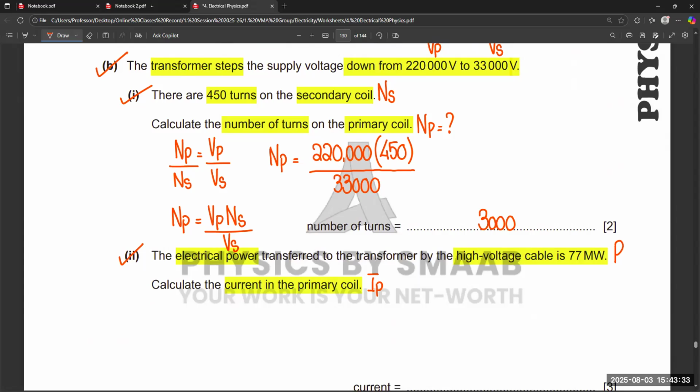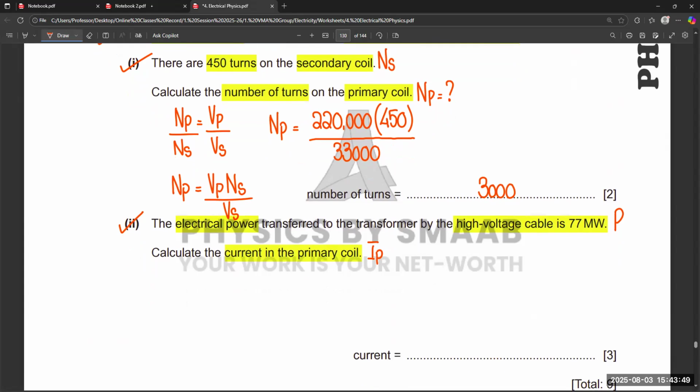So it is transferred to the transformer. So this is 77 megawatt. Now we have to calculate the value of electric current. So we know that the formula of power is current into voltage. So with the help of this formula, we can easily calculate the value of